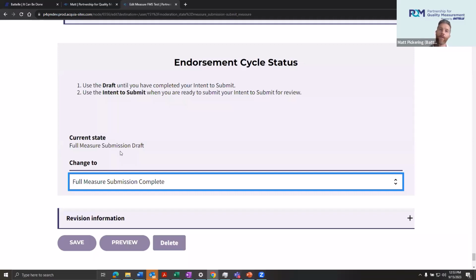Once we've reviewed whatever issues have been addressed, we will then move this measure over to publishing for public comment. That is where all the measure specifications move to public comment. It'll be open for 30 days. In the same time period, concurrently with that public comment period, the Battelle staff will then start drafting our staff